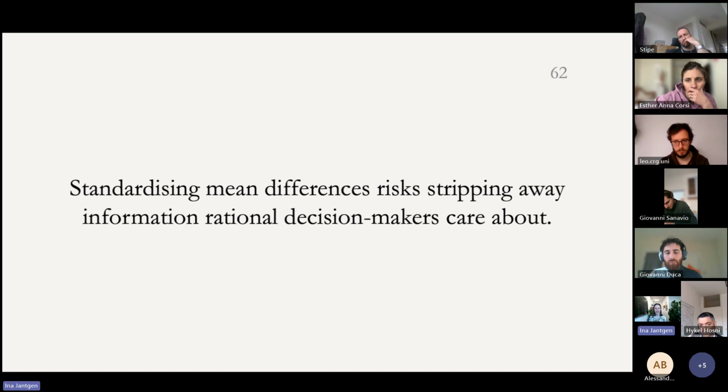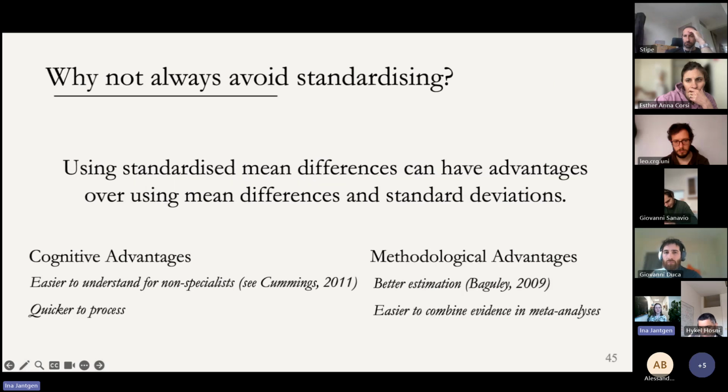Of course, I've just given you one scenario, and I just want to emphasize that one can also get failures to sufficiently inform an agent without making this assumption that an agent is uncertain about how big the standard deviations are. So this isn't necessary. But of course, the question now is, what should we do about this? One response would be to say, let's just give up standardizing. Let's just never standardize mean differences. Now, I don't want to spend too much time on this, but I'm happy to chat about it in the Q&A. I basically think there are good methodological and cognitive reasons to resist this response, to at least not always give up on standardizing mean differences.